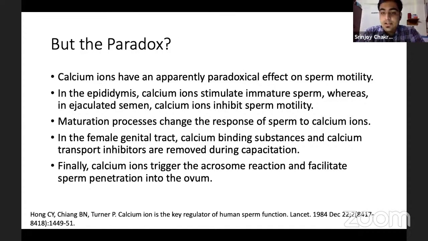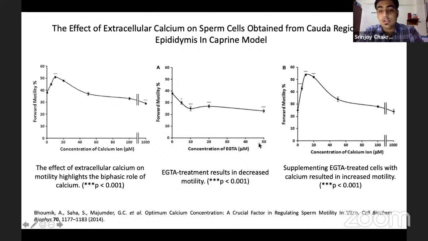So in the epididymis, as we know, calcium ions actually stimulate immature sperm cells, whereas in ejaculated semen, calcium ions actually inhibit sperm motility. The concentration obviously matters. So there is a study that was performed wherein it was observed that the optimal concentration of calcium is absolutely